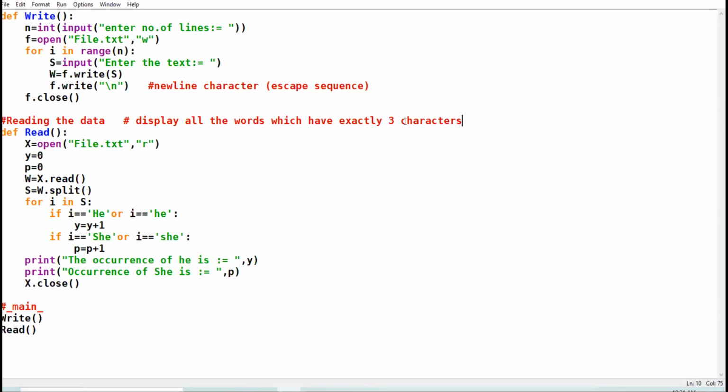Display all the words which have exactly 3 characters. वो वाले वर्ड्स डिस्प्ले कराओ जिनकी लेंथ 3 है, जिनमें सिर्फ 3 कैरेक्टर आ सकते हैं. For example and, the, eat, boy. Okay?